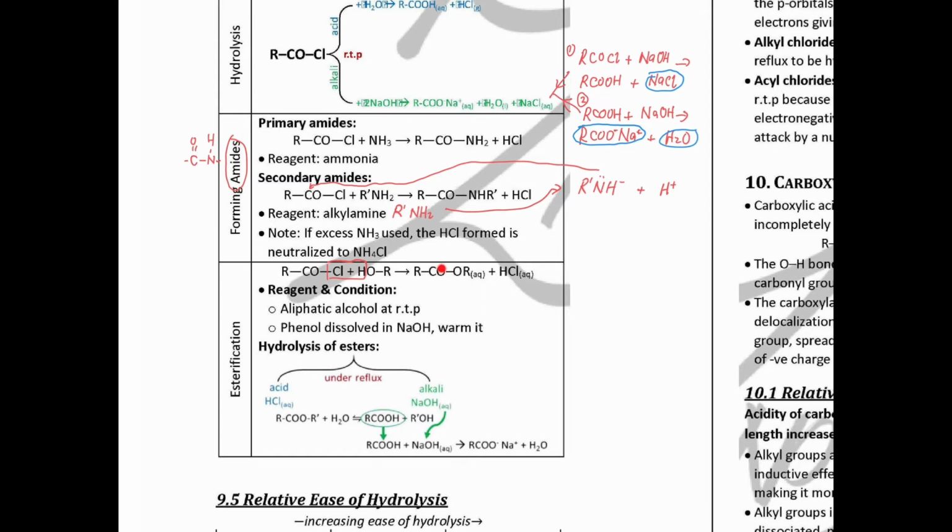Okay, so once you get ester, right? It is possible to break down the ester through hydrolysis. So we have two types of hydrolysis. We have acidic hydrolysis or alkaline hydrolysis. So we start from acidic hydrolysis first. Ester plus water, then it will form back to the original components, which are carboxylic acid and alcohol. Remember, they will break down at this part. The left hand side will form carboxylic acid, the right hand side will form alcohol. Okay, that is acidic